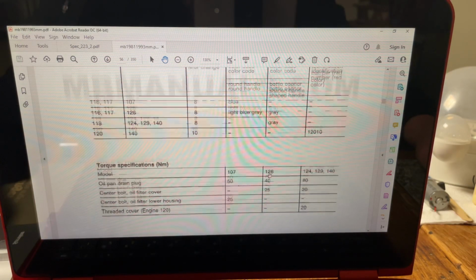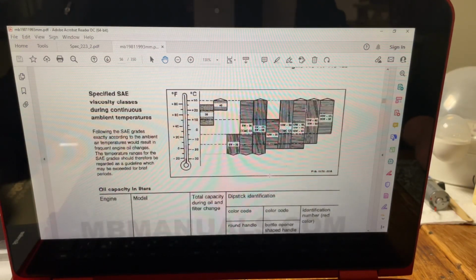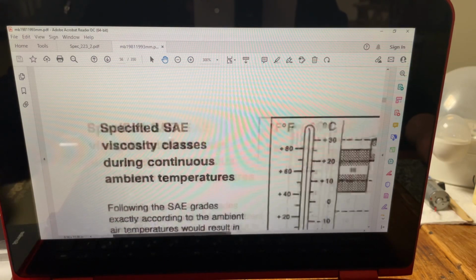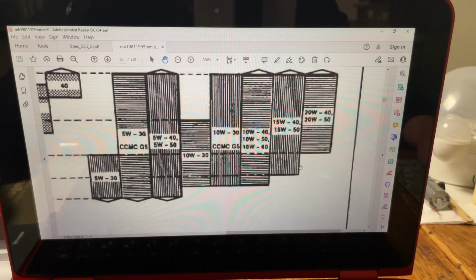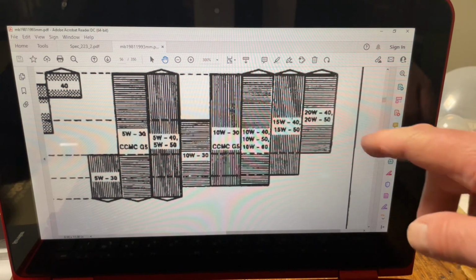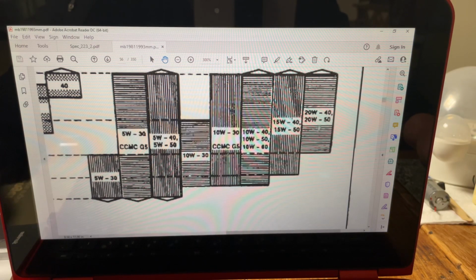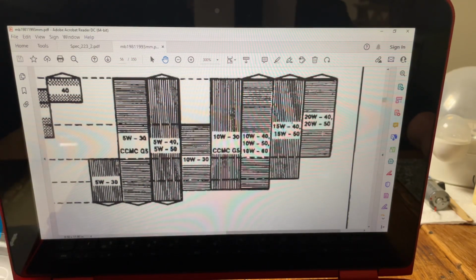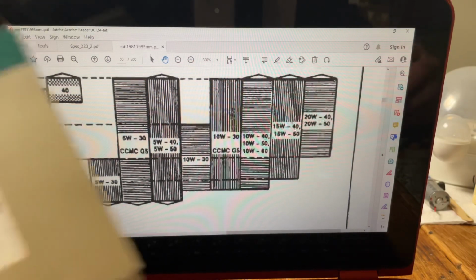So that leaves us with the question: we have now a variety to choose from here, in terms of the weights associated with it. But because this is from 1991, when this was published, this was prior to the time of synthetic oils, the 0 weights or 5 weight 40s and all of this stuff. You can see here we have the 20 weight category. This is the preferred one from the days I remember it. Back in the days, we used to use 10W-30, and this was then Pennzoil for most of the time, Quaker State Pennzoil. And when you look through this here in my booklet,